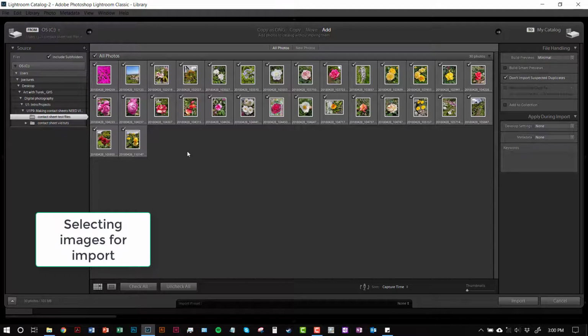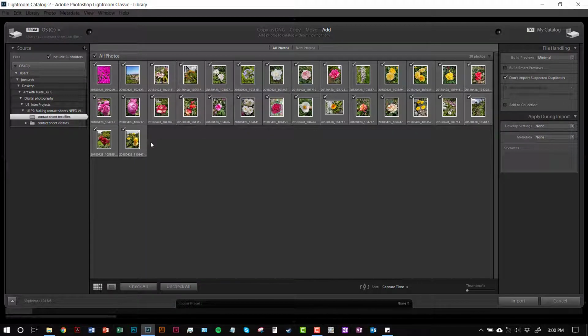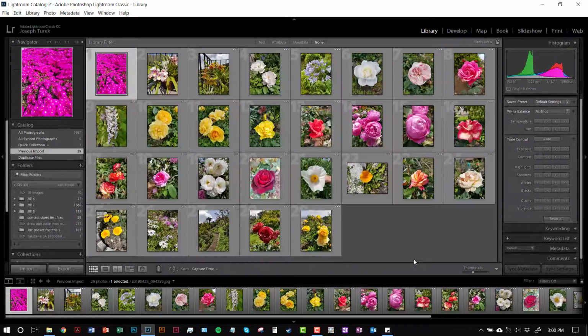and by default, all of the photos will be checkmarked. You can uncheck photos you don't want imported, like let's say I don't want that one, I don't have to import it. And once you have all your photos picked, you're going to go down to Import, and you're going to click Import. Depending on how many files you import, it might take a while to import all your photos